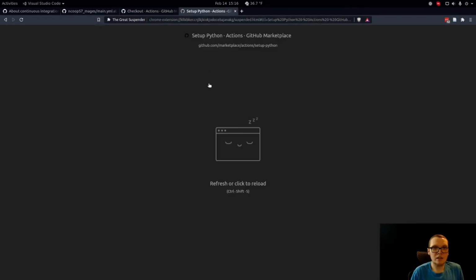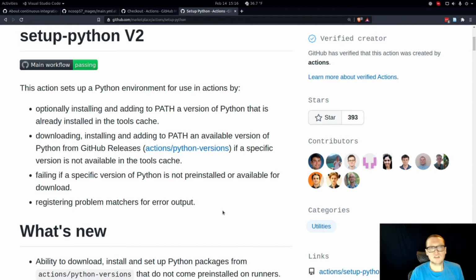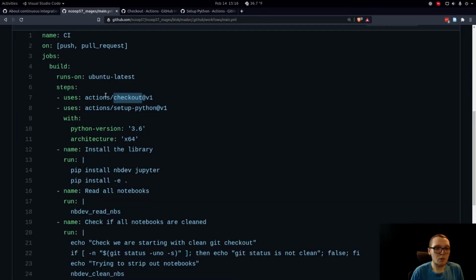Additionally, there's this setup Python action, which just sets up installing and setting up the Python environment for you to run your code in. And so we're using both of those. The first one's going to check out our code. The second one's going to set up Python for us. And specifically, it's using this with clause to say that we're going to be testing against Python 3.6 with a